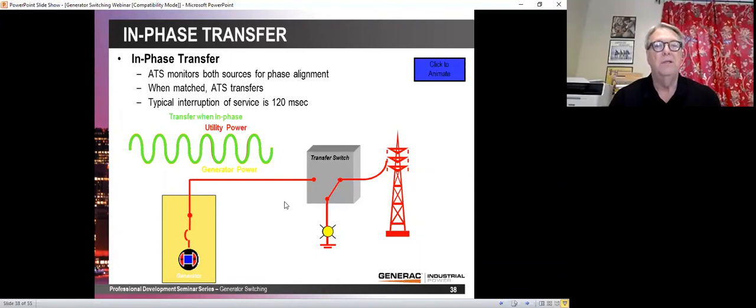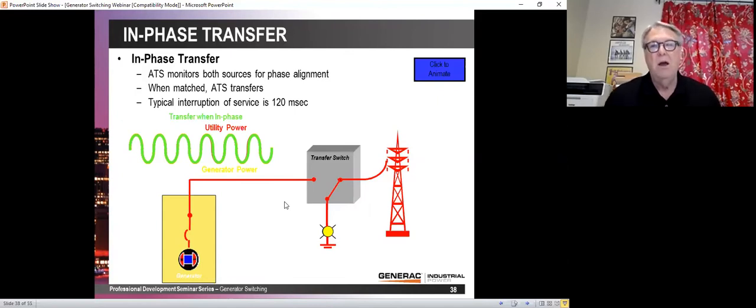We would generally recommend that you put it at maybe 60.1 hertz or 59.9 hertz. Let's assume that you're at 60.1 hertz on the generator. That means the difference between the generator frequency and the utility frequency is 1/10 of 1 hertz. And that means that every 10 seconds, the utility and the generator are going to be in phase. And so by waiting, we know that we will be able to switch within 10 seconds because they will be